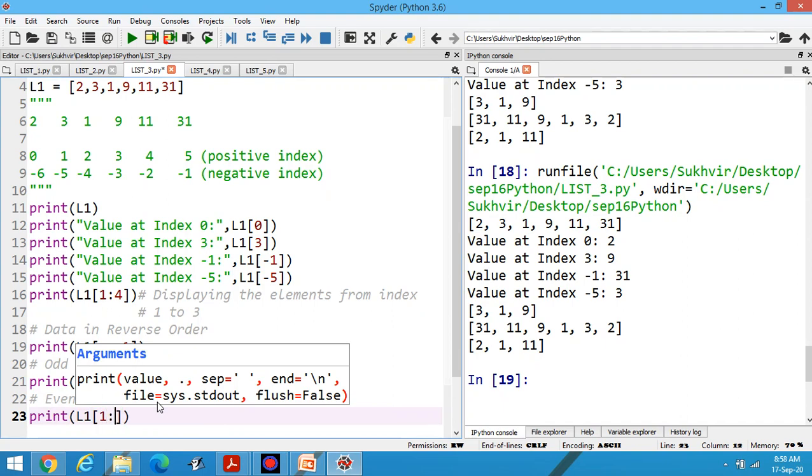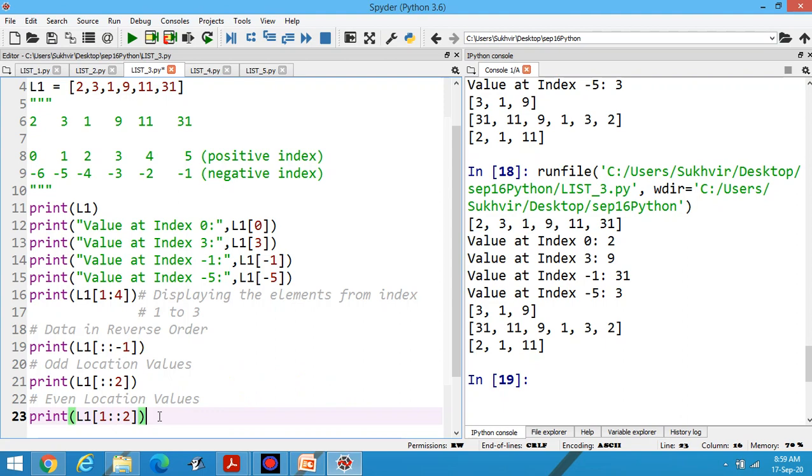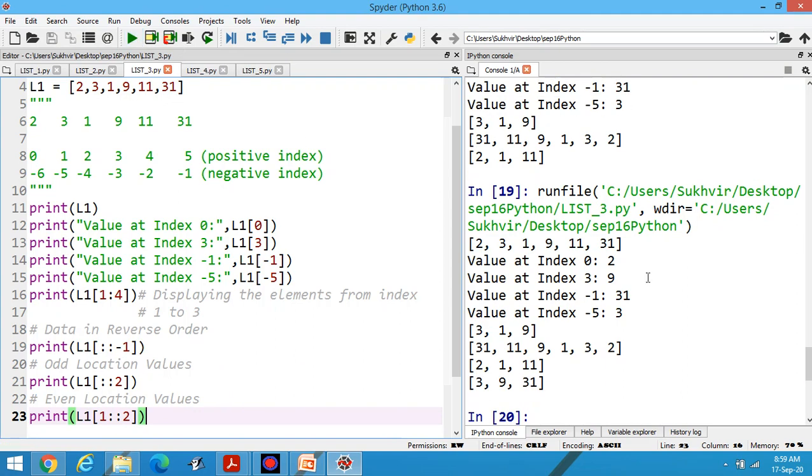You can start from 1 and by default the end is there, then a step size of 2 starting from 1. Look at the values 3, 9 and 31. These are the even located values. These are the odd located values 2, 1 and 11. These are the values in reverse order. This one is the slicing content.